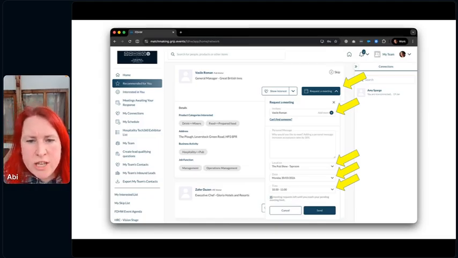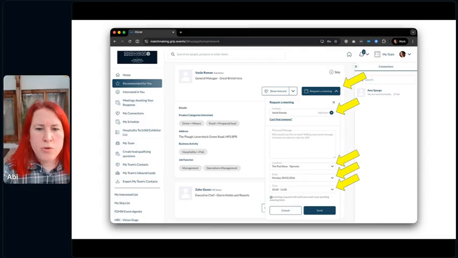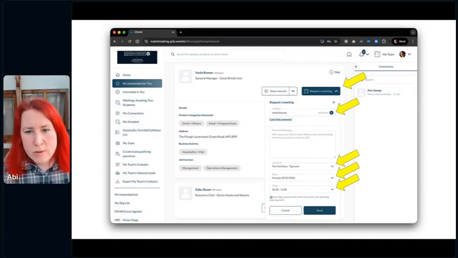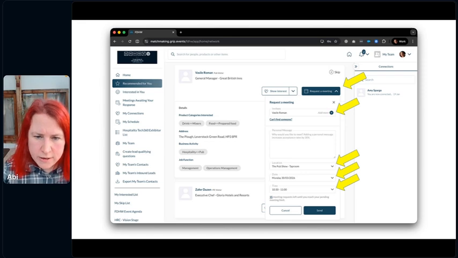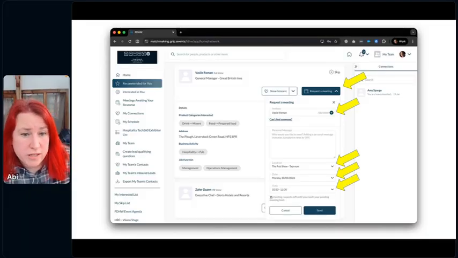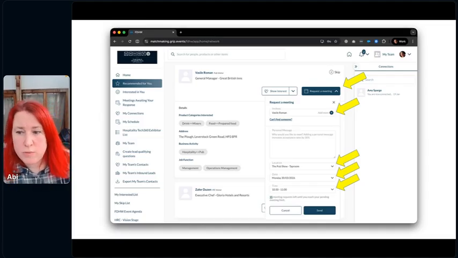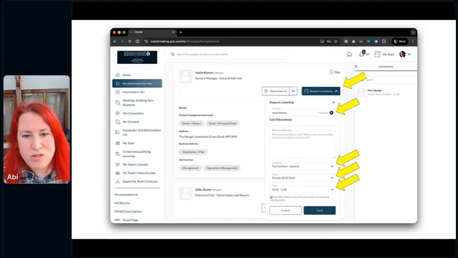Underneath that, you'll see that you have a set number of meeting requests left. So you're allowed to have a certain amount of outreach before you need to start pulling some back. This is, of course, to prevent people just asking for meetings with every single person in the event. What I'd suggest is that you use up all of your meeting requests at the start with the people that you most want to meet with. If after a couple of days they haven't replied, perhaps pull that back and maybe just show interest instead, and